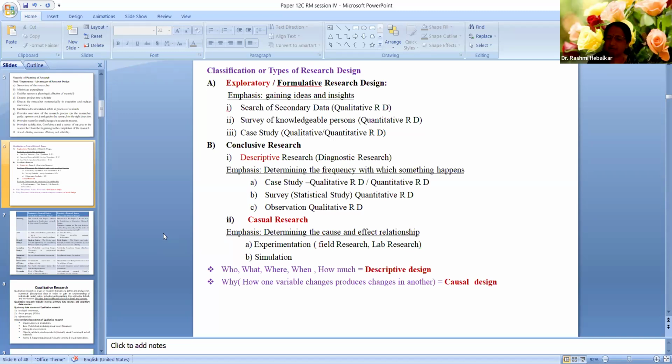Based on that, interviews were conducted, many other things were conducted. So it was causal design also. So it was descriptive design, causal design, quantitative design, qualitative design, and it was of the same department. So it was case study design. Correct? So whenever you decide any particular design, you have to be very alert.